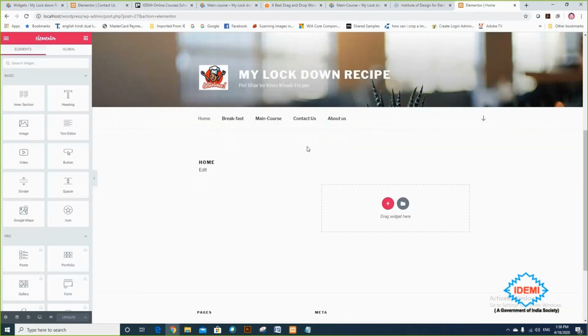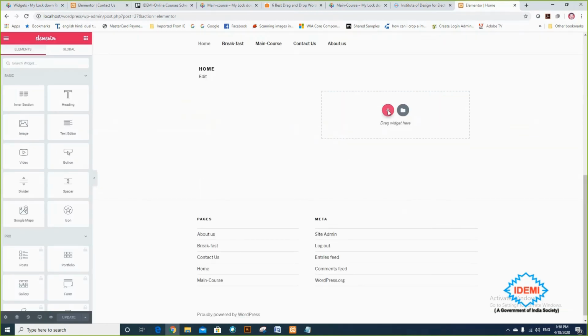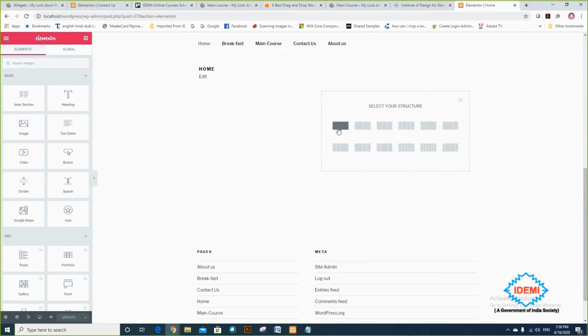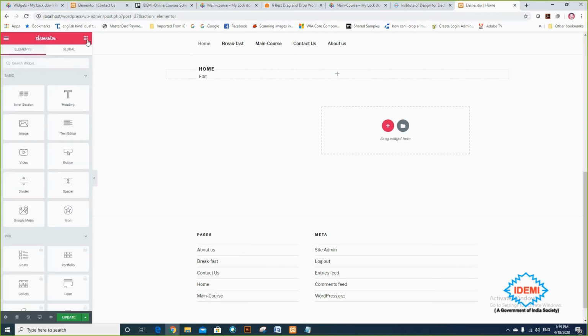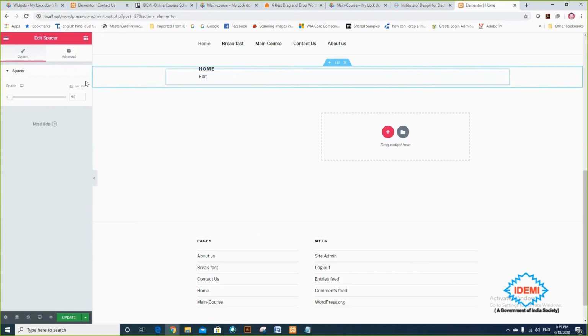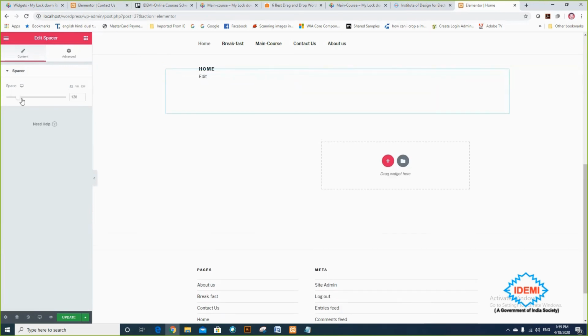And then again the same thing, layout. Select this single column. Why am I taking a spacer? Because the title of my home is disturbed by the column, so I need to keep a space.